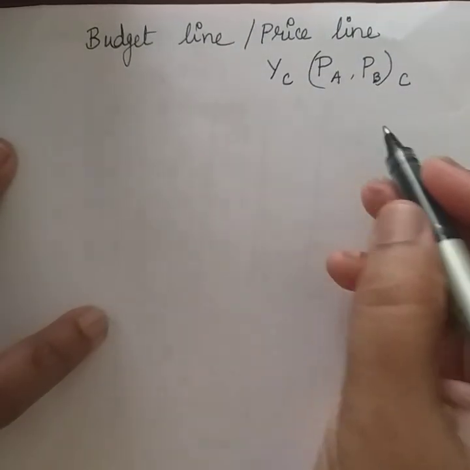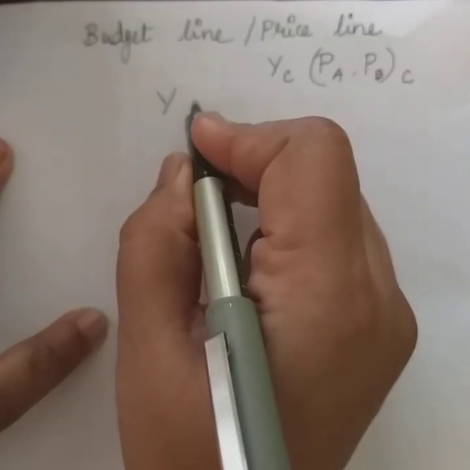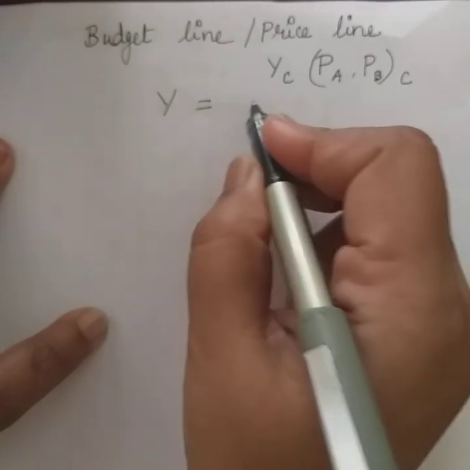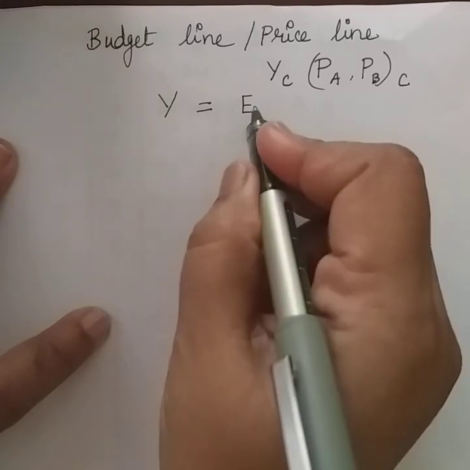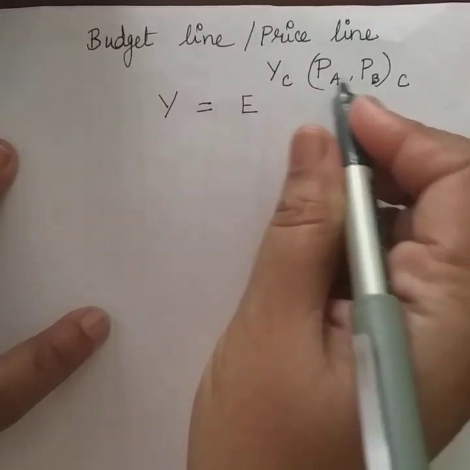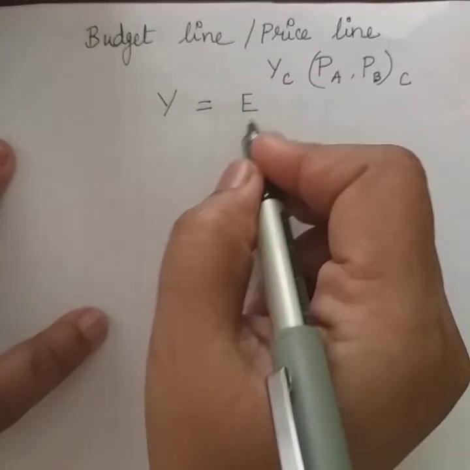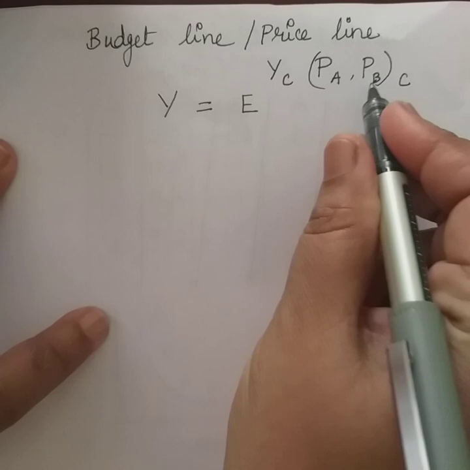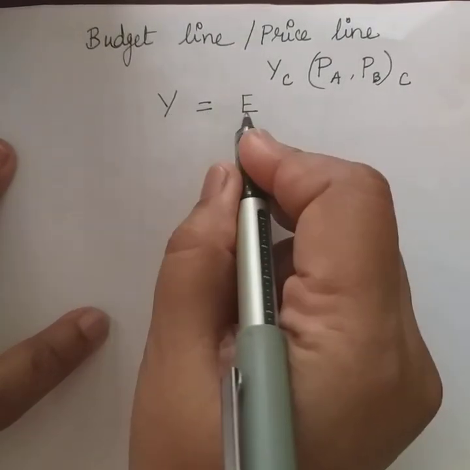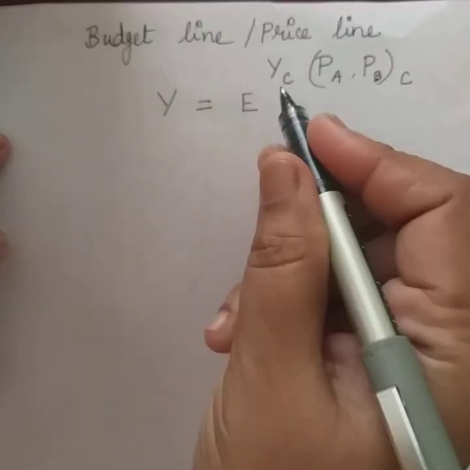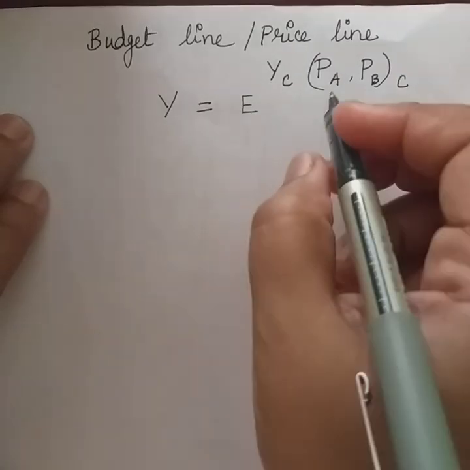Fine. So the budget equation will be the equation which gives the income to be equal to the expenditure, right? Expenditure on the two commodities, obviously. So given the income, in what way the consumer is going to spend the entire income on the purchase of the two commodities, right? So income equal to expenditure will be the budget line equation. So how can this be further expressed?